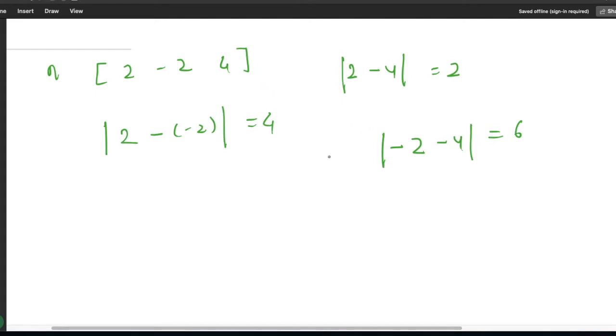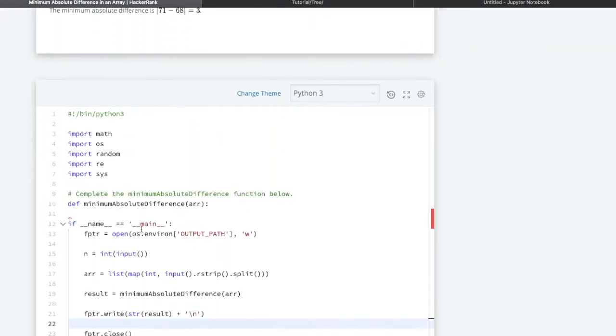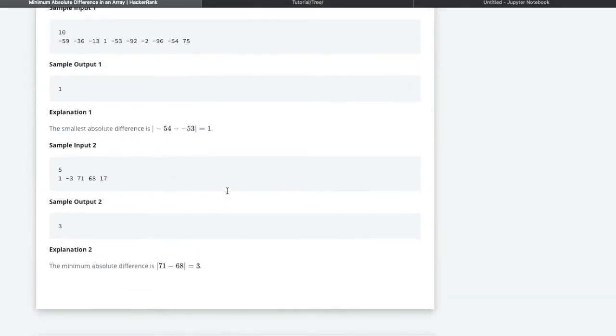We have to find the minimum value among these calculated values. Here the minimum is 2, so we have to return this as the answer. So this is the problem. We have to complete this function minimum absolute difference. They are passing the array, we just have to write the logic.